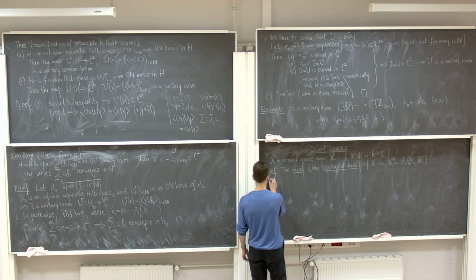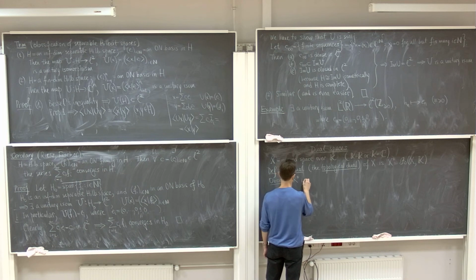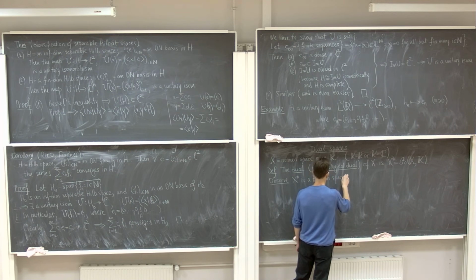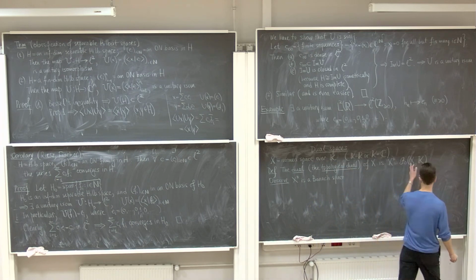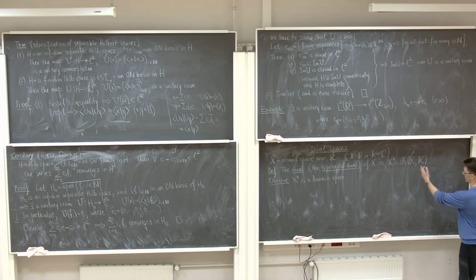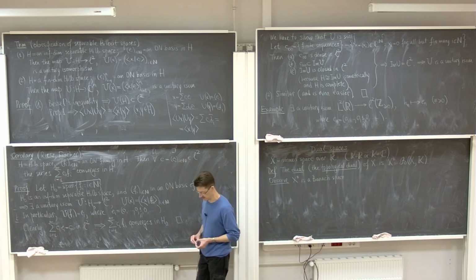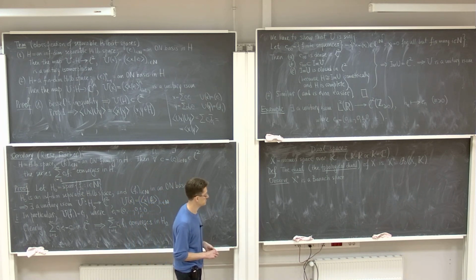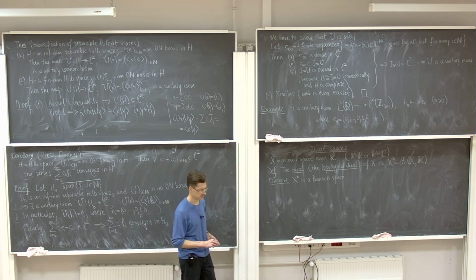Well, by the way, let's observe that the dual space X star is always a Banach space. Well, indeed, some time ago we proved that if X is a normed space and Y is a Banach space, then B of X, Y is a Banach space. And here Y is just the base field, which is complete. So X star is a Banach space. Well, in fact, a substantial part of Banach space theory and of operator theory between Banach spaces is based on very nice interplay between spaces and their duals.